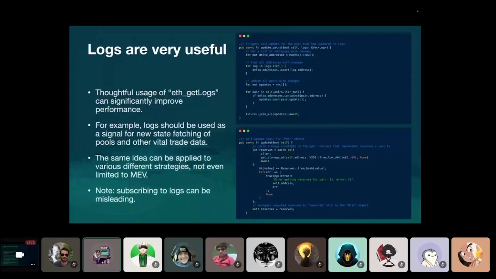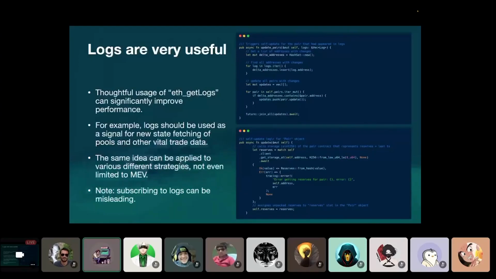So for that reason, I decided to pack logs, just look into logs of the block, and extract all the addresses, and launch a future basically to actually fetch